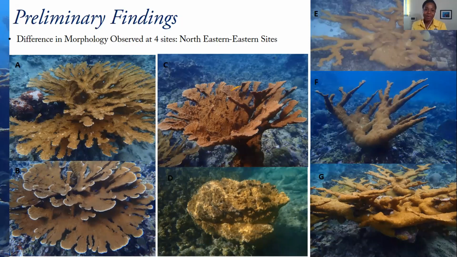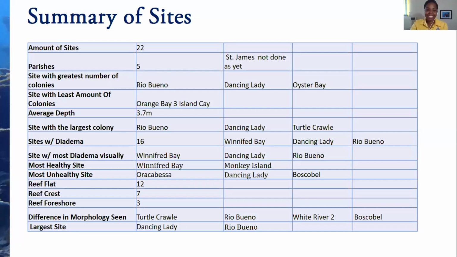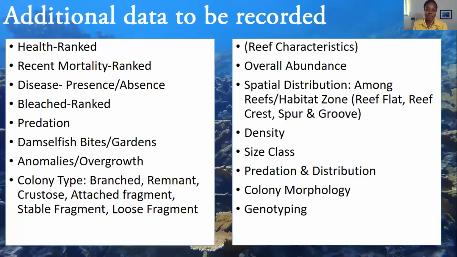So basically what we're seeing is three different morphs in the water when we did our assessment, and we want to see whether or not these morphs are a result of environmental conditions or they're predisposed based on their genetics. And with regards to conservation, because I know this is a section for conservation and biodiversity, the information that will be collected